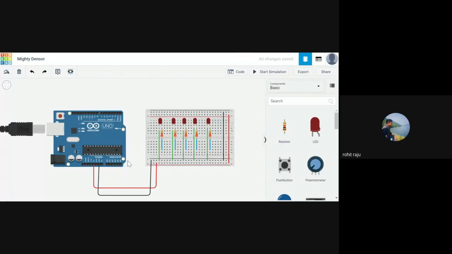If you connect this, then it means that this resistor is directly connected to this hole. So let's take this. We connect it to digital pin 2, D2.